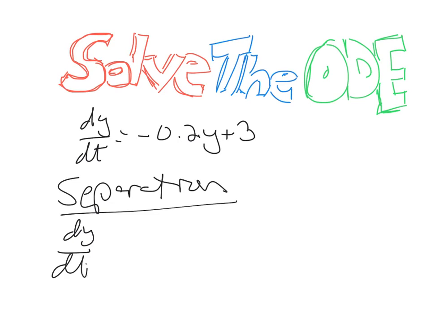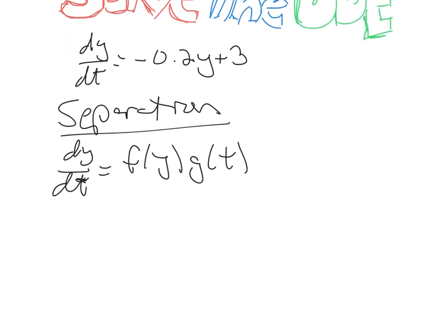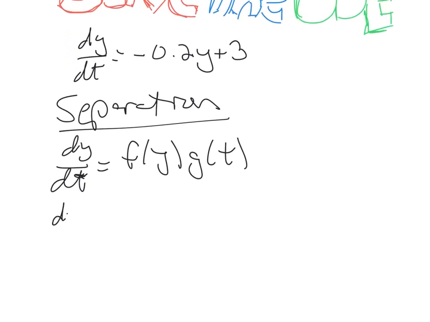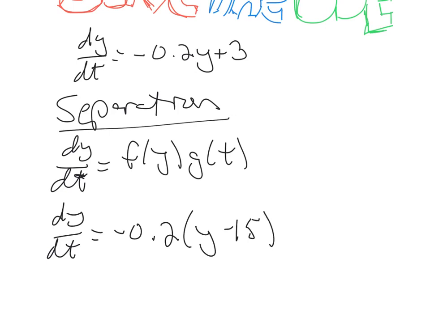So I'm first going to say, well, okay, remember for separation, I need to be able to write the right-hand side of my differential equation as a product of a function of y and a function of t. Well, in this particular case, I can say dy/dt is, factoring out my negative 0.2, that leaves me with y minus 15. I can think of this as my function of y, and I can think of this as my function